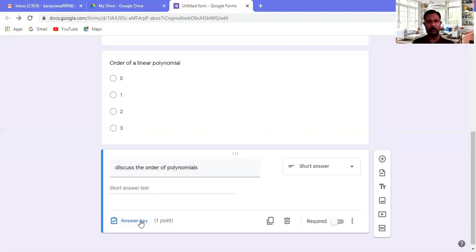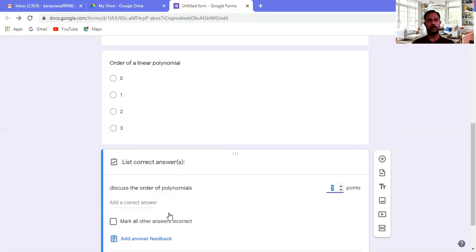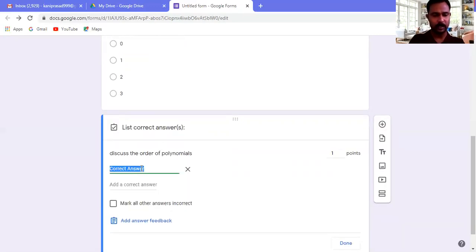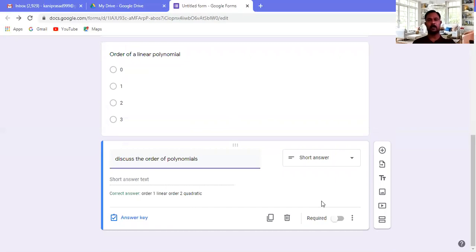Again go to the answer key and add the correct answer. So I am writing order one, order two, quadratic, etc. I am giving them 2 points. Done. So here I completed an MCQ and another short question.